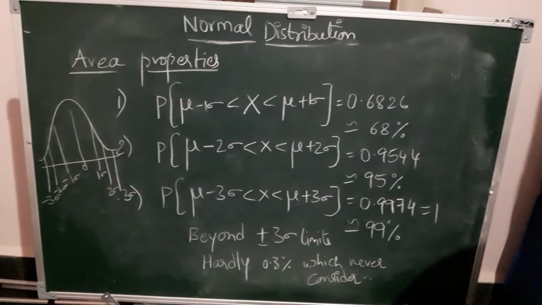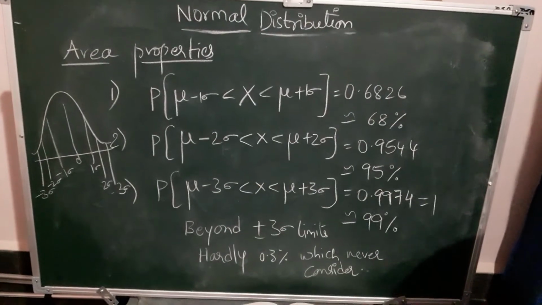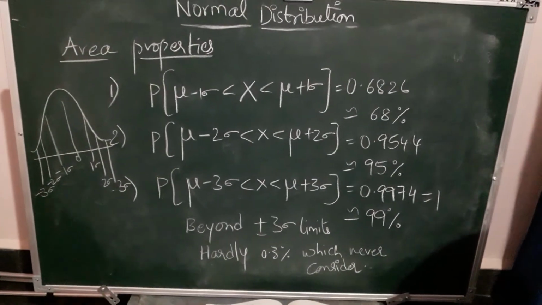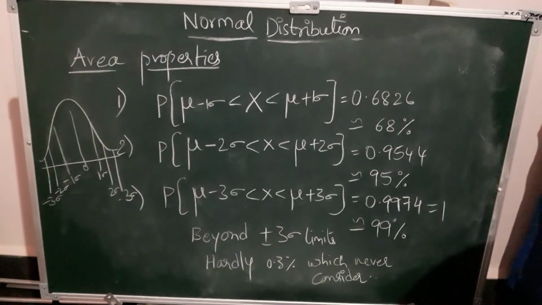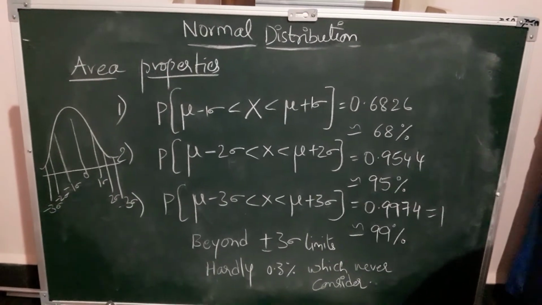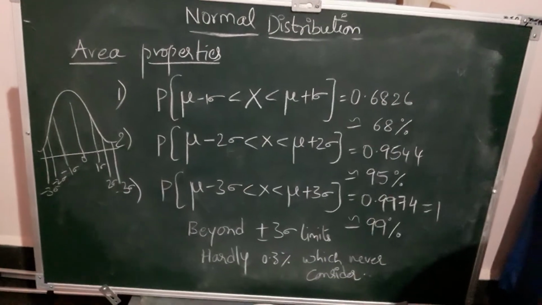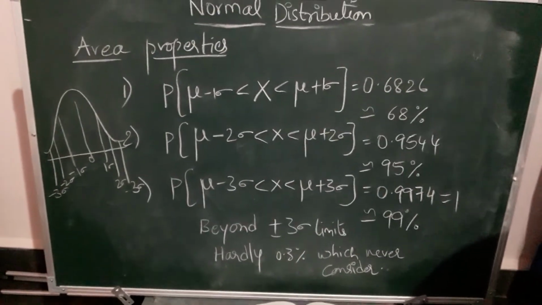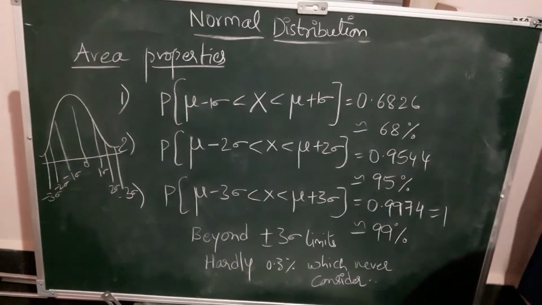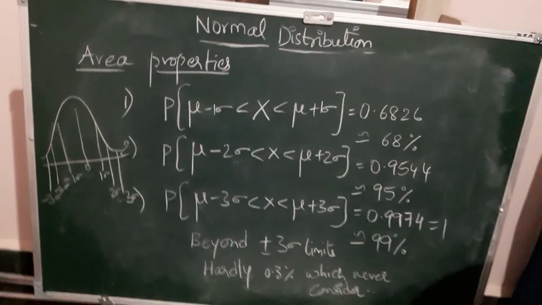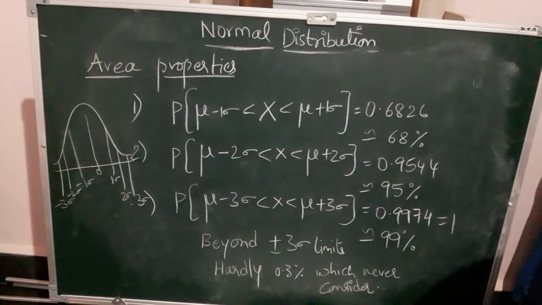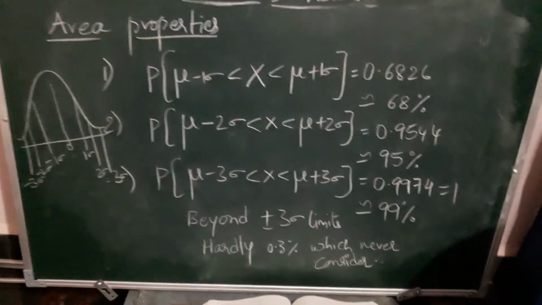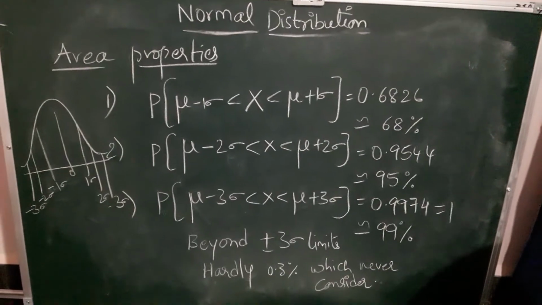Or mu and sigma values are given, find out Q1 and Q3, the quartiles. That is one way of solving. Or Q1 and Q3 values will be given directly, and you need to find out mean, median, mode, property number 9. Or the 5 mark problems, area properties, proof: how plus or minus 1 sigma gives 68, plus or minus 2 sigma 95, and plus or minus 3 sigma 99%.